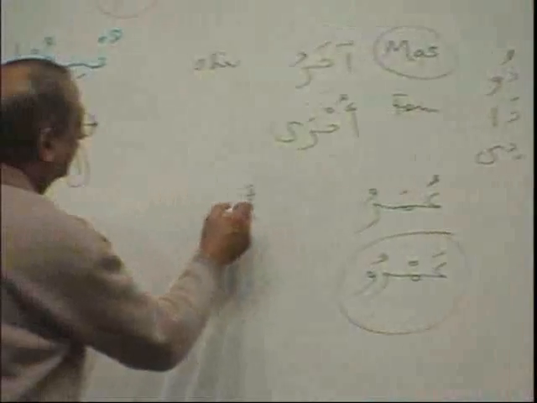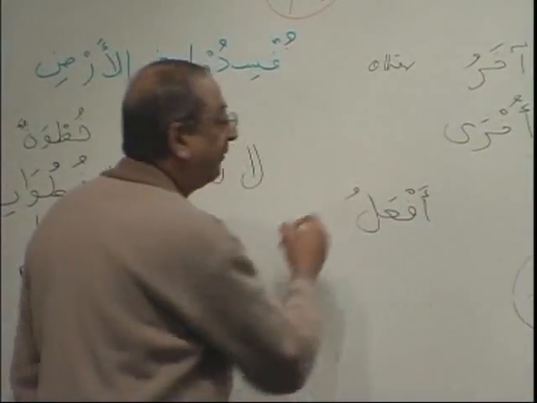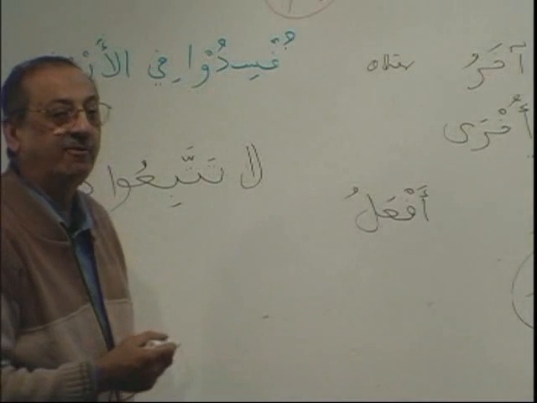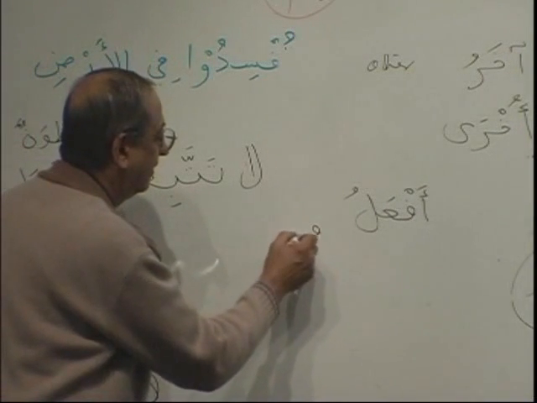Now comes our colors for masculine and feminine. Very interesting. Huh? Ama indaki hakibatun? Don't you have a handbag? What is the answer? Bala. Yes, indeed. In the hakibatun. Hamra'u. So what happened here, brother? For colors there is a pattern. What is the pattern for masculine, brothers and sisters? Af'alu. And what is the pattern for feminine?